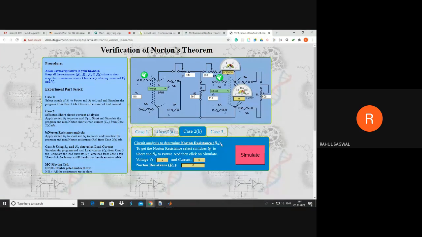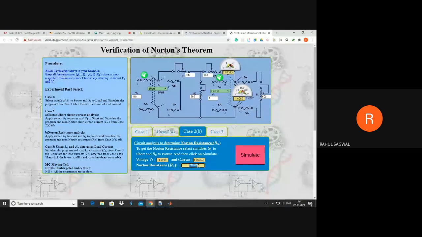Next, calculation of Rn is very much similar to calculation of RTH. So the same model can be used in both cases, for Norton as well as for Thevenin. What you need to do is short this branch and connect it to power. You can take any value of voltage here, that won't affect your result. If you are taking 1, the current in the circuit will be 0.0036.